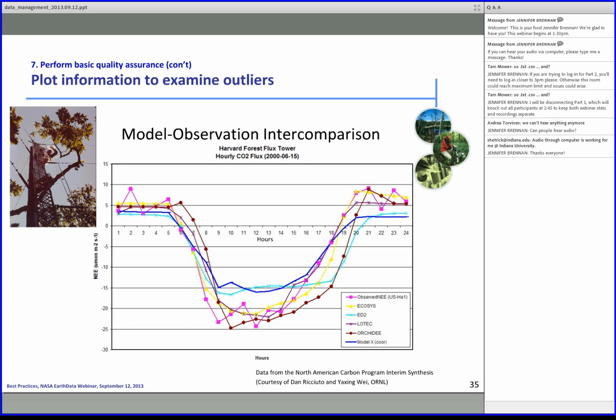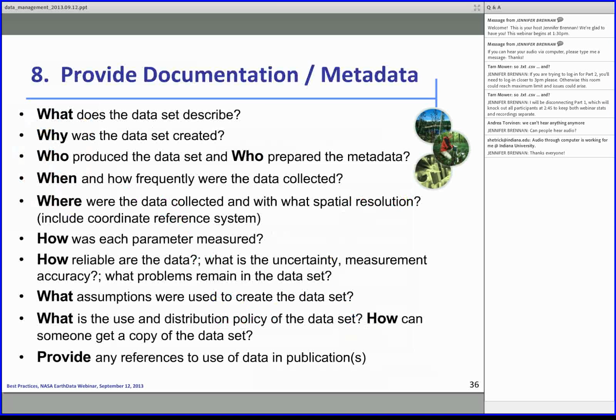But this is one way of examining this, where you go in and you plot all your data, and boom, you see an issue with one of them, and you can go in and correct it. So the next person doesn't have to discover that and make that correction. This next